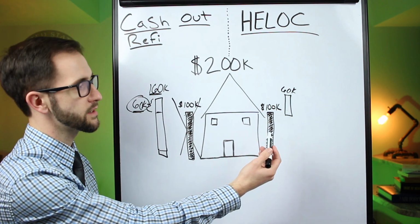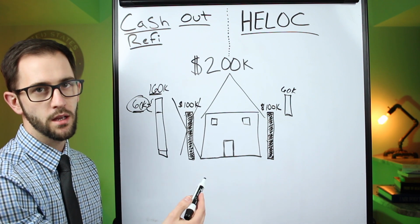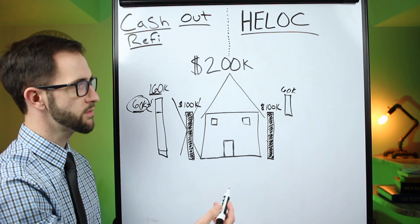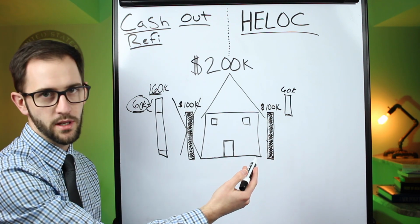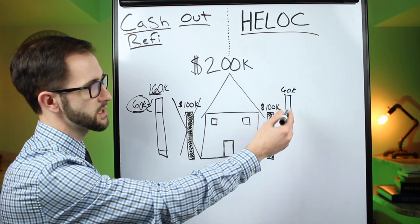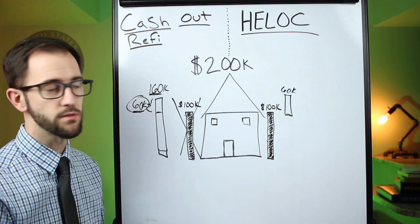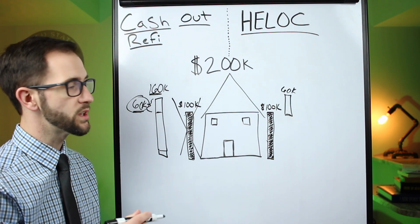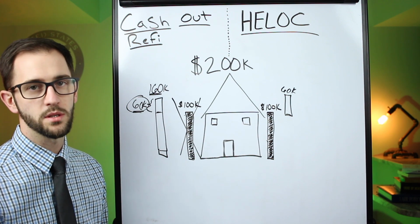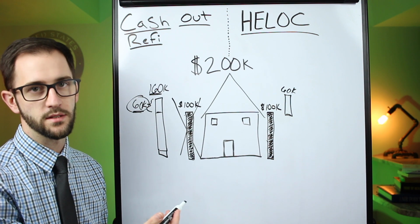Where in a HELOC, since you just have this available if you need it, you're really only paying when you use it. So for example, we find an investment property for $60,000 and we want to pay cash for it. We can transfer this $60,000 into an account that we can write checks out of, wire money from, etc. And once we transfer that out, then you start to pay monthly interest-only payments on that $60,000 that you're using,